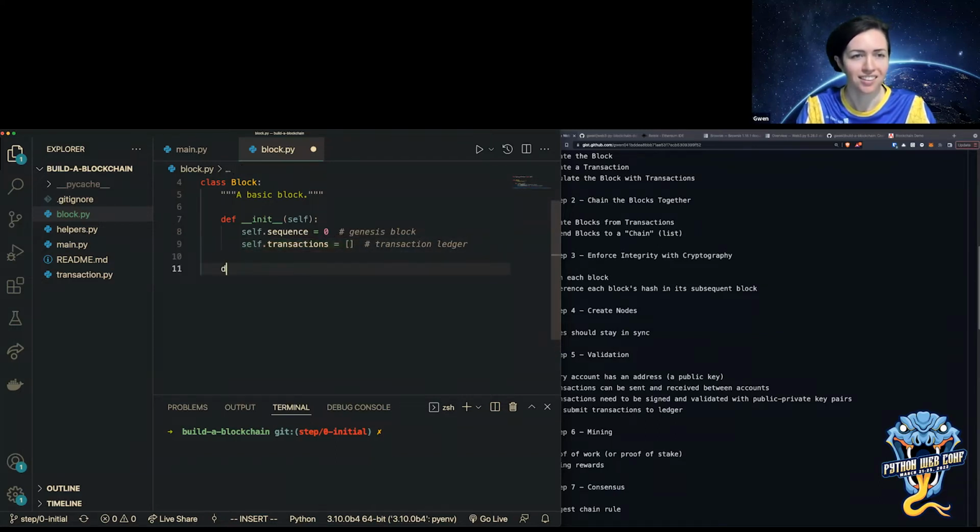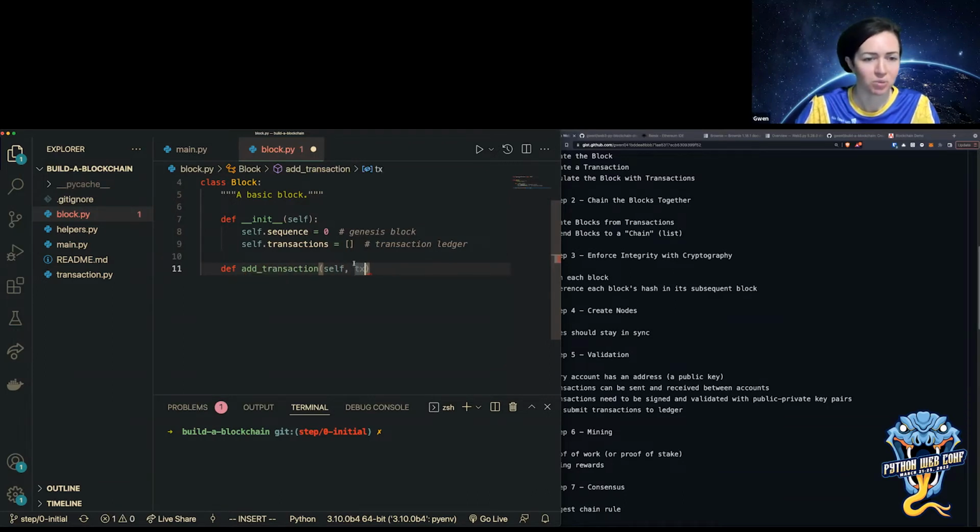And then I'm going to add a method to add a transaction to the block. That's going to take self, and I'm going to pass in a transaction. In the blockchain world, transaction is often abbreviated as TX. And then I'm going to just copy this.